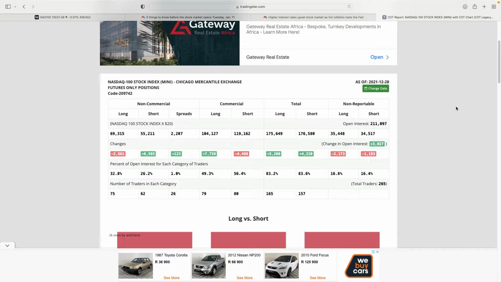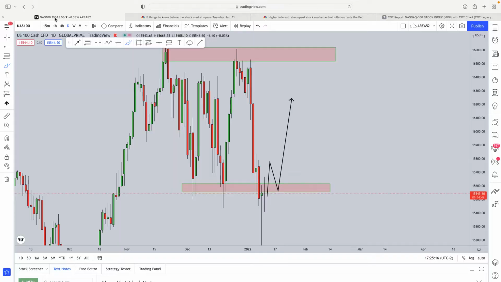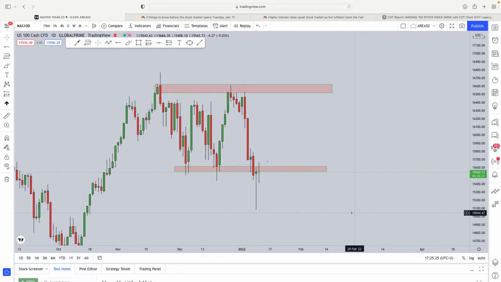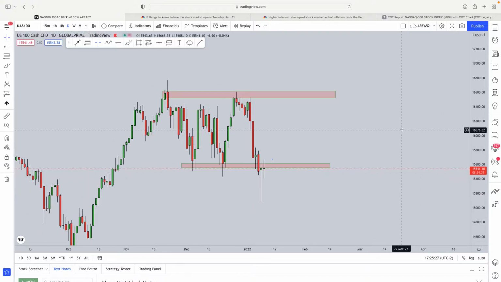So we're first going to look at the report that was released on the 28th. Now we can see a base of the report that was released on the 28th. Hedge funds came in and started closing their buying positions, and they added plus 8,595 selling positions. And if you look at the price action, it is quite clear what we can see at the moment as well. You can see we had that massive sell-off in the market